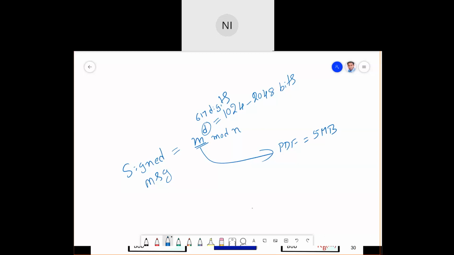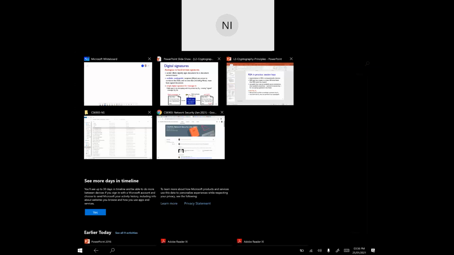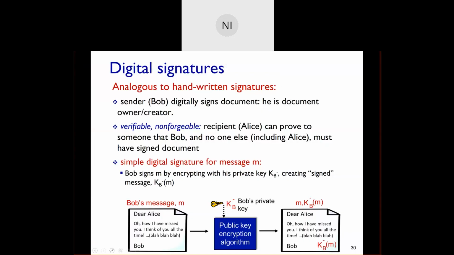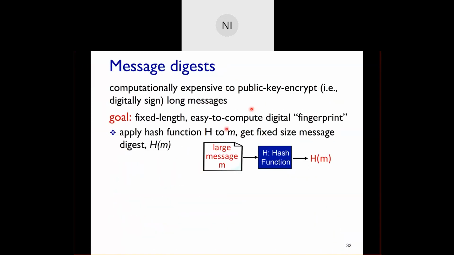I discussed the second point earlier. Now I'm talking about why we should not use public key cryptography for signing large messages. We should be using it to sign only small messages. We call them message digests. Because it is quite expensive computationally to encrypt long messages in public key cryptography algorithms,